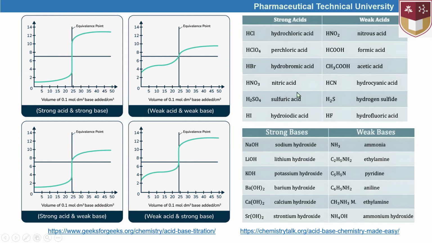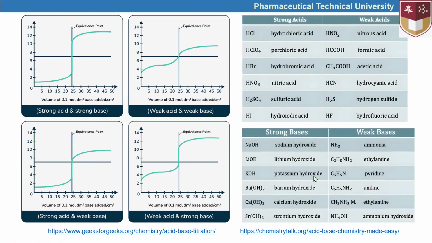Here we can see some examples of strong acids and weak acids. Hydrochloric acid, perchloric acid, hydrobromic acid, nitric acid, sulfuric acid, hydroiodic acids are the examples of strong acids. And nitrous acid, formic acid, acetic acid, hydrocyanic acid, hydrogen sulfide, hydrosulfuric acid, hydrofluoric acids are the examples of weak acids. And sodium hydroxide, lithium hydroxide, potassium hydroxide, barium, calcium, strontium hydroxides are the examples of strong bases. We know these metals as alkaline metals and alkaline earth metals,